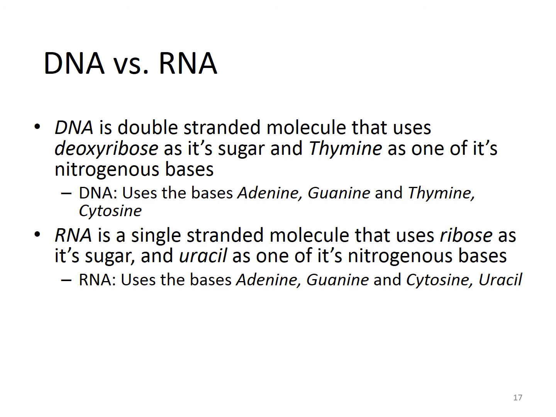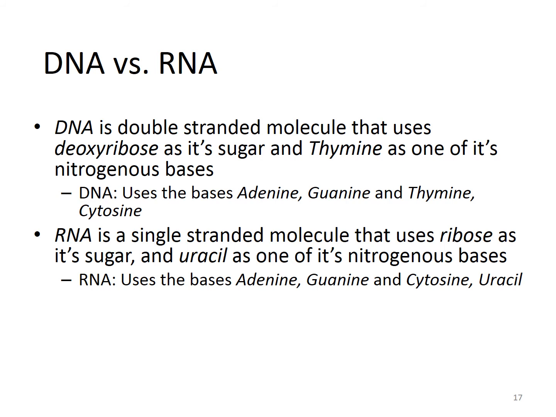If we do a comparison and contrast between the nucleic acids, DNA and RNA, DNA is a double-stranded molecule. It has a sugar called deoxyribose, and when you see that D, that means without, and then the oxy is oxygen. Now that does not mean that deoxyribose does not have oxygen in it. That sugar does have oxygen in it, but it has one less oxygen atom than the sugar that we find in RNA, ribose. That's one of the differences between DNA and RNA, a difference in those sugars,